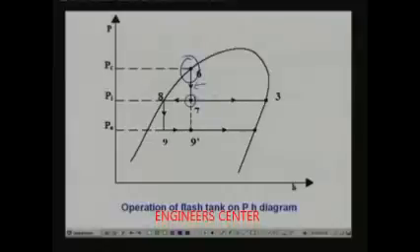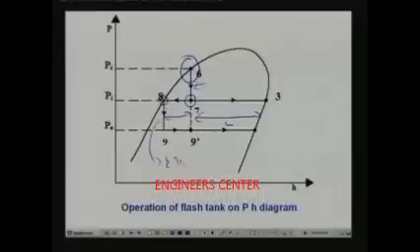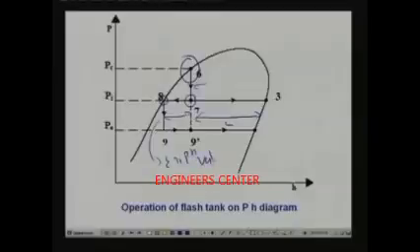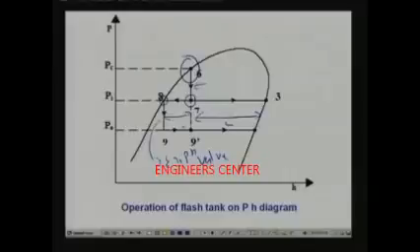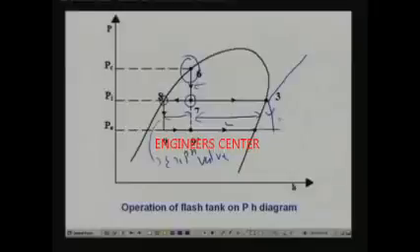You can see that at this point it consists of this much fraction of vapor and this much fraction of liquid. So you are taking the liquid fraction which exists at this point to the evaporator through another expansion valve. This is the expansion valve between the flash tank and the evaporator. The saturated liquid goes to the evaporator, and the vapor that has formed at this point goes to either a compressor depending upon the system, or it may be reduced in pressure and again mixed with the low